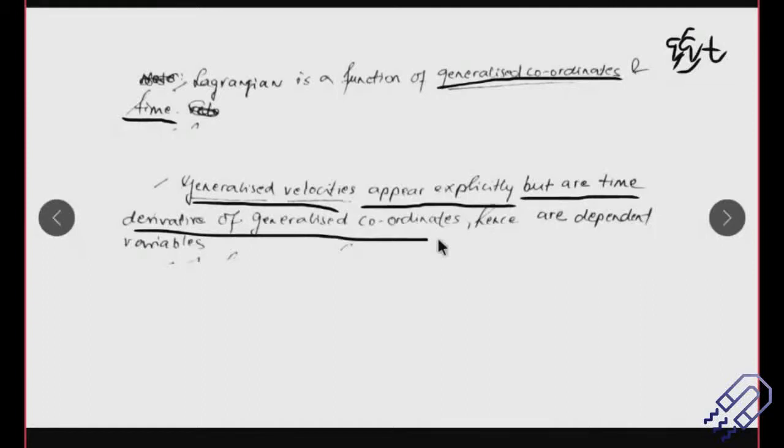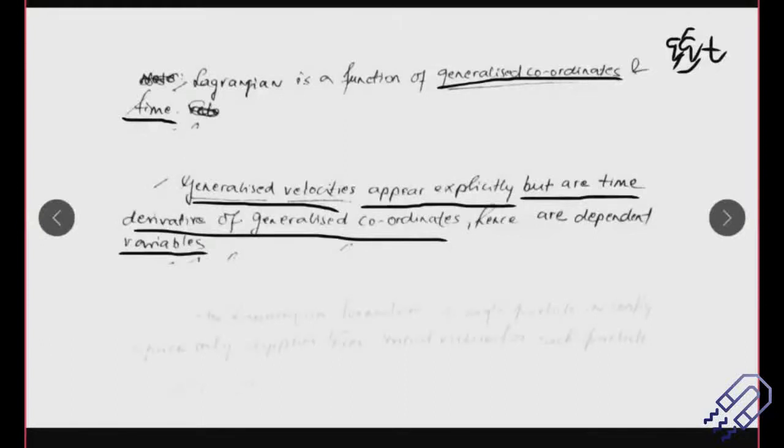This line sounds very technical, but it is something very obvious. We know that q dot is nothing but dq by dt, which means it is the time derivative of the coordinate, the generalized coordinate. So the Lagrangian being a function of generalized coordinate and time is correct, and the velocity we are talking about is a dependent variable. But we want to get rid of this dependent variable; we want to take something more independent than the velocity. So we have another form of writing this.